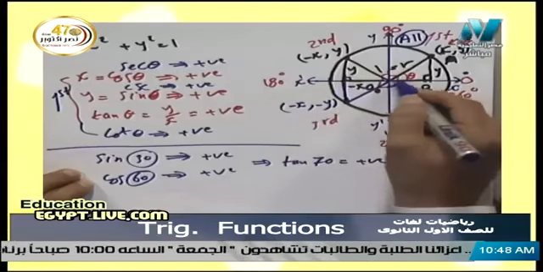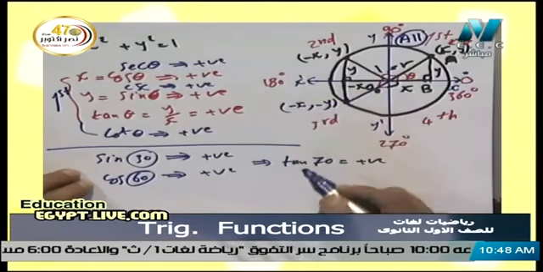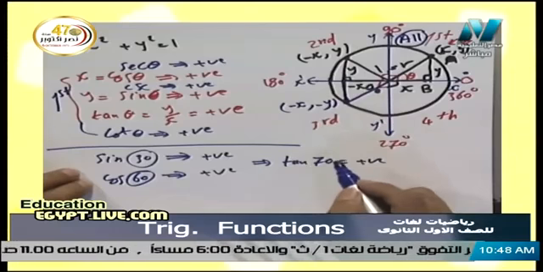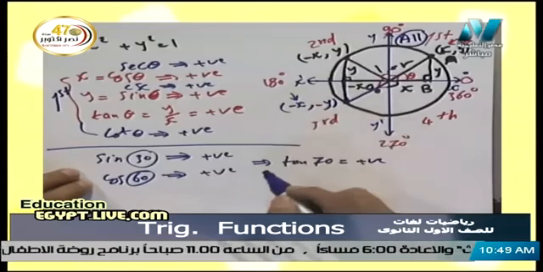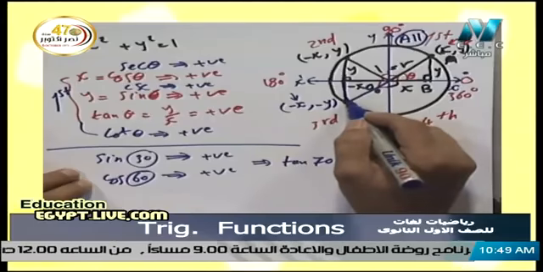We know that ox here is positive and ox dash is negative, so it's negative and negative. So we can say that cosine for an angle which lies in the third quadrant is negative,